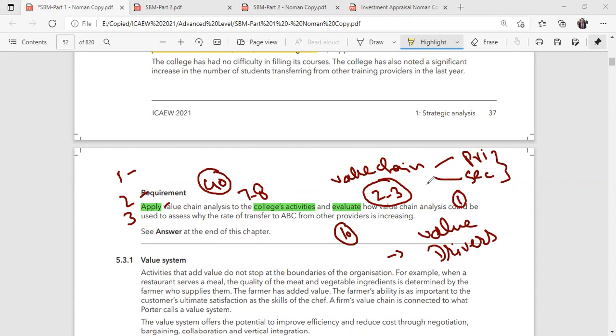The important point is to focus on the major areas, and you will learn what our major requirements are, which can contain significant marks and how we have to respond. So at least if you answer for value driver, just mention some name so you can get at least your passing mark. So first of all, go through the major areas and then go through the other areas as well.